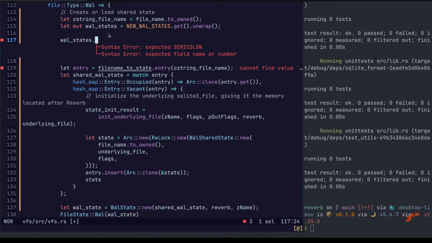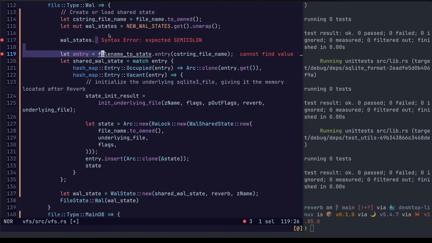Ooh, that's horrible. It's kind of like an upsert. Find or create. Now we are going to find it by its entry.